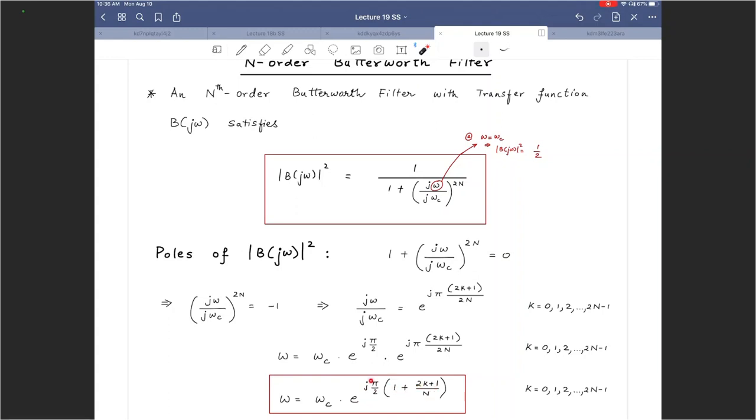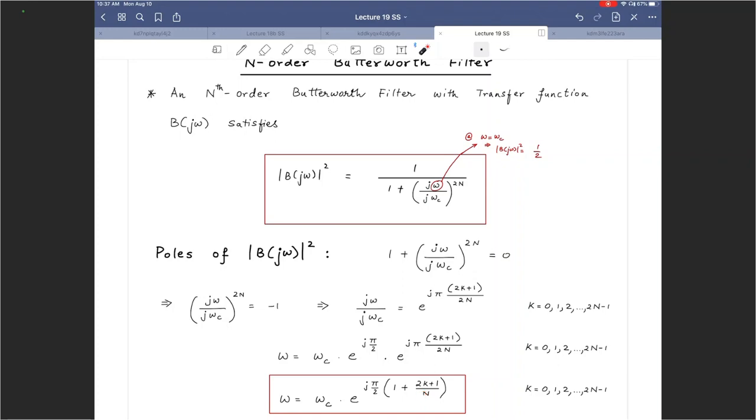Now what does this mean? This means that all the poles are omega c away from the origin. They are on a circle with the radius omega c, the cutoff frequency, and the angles at which they are present is determined by increasing k from 0 to 2n minus 1, and capital N is the order of